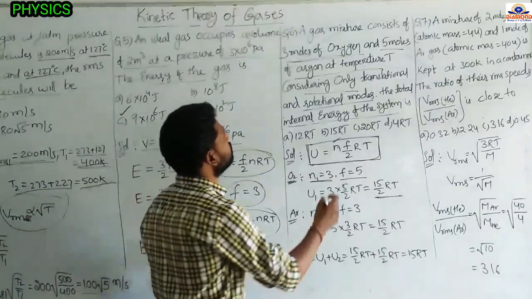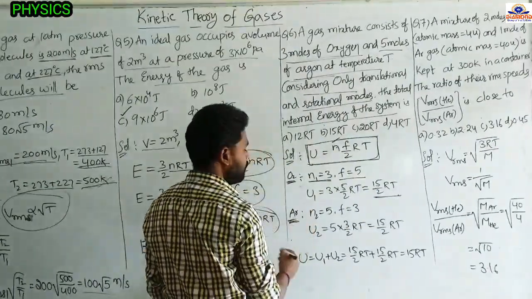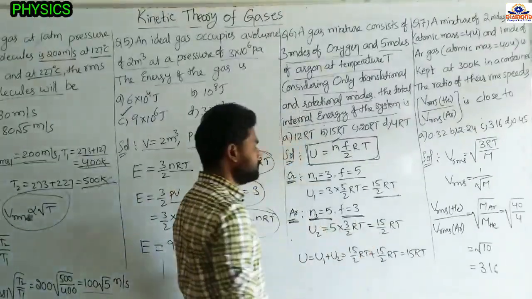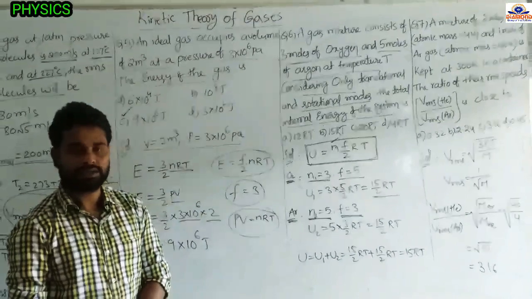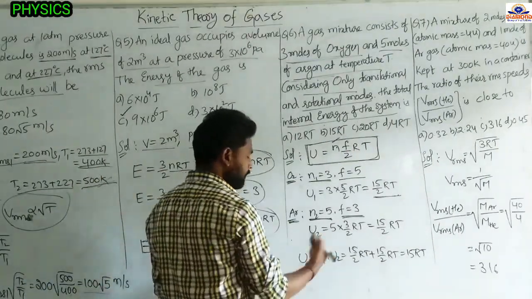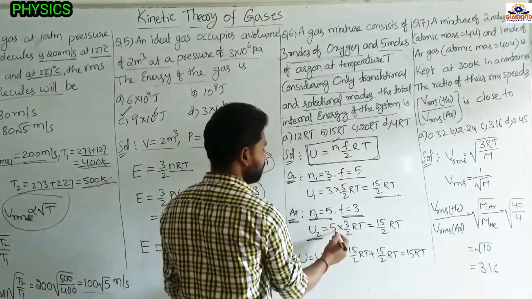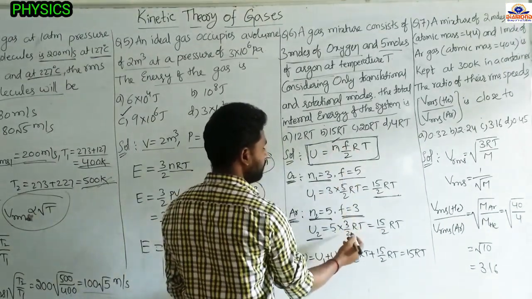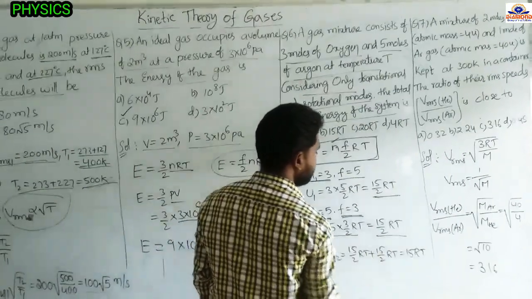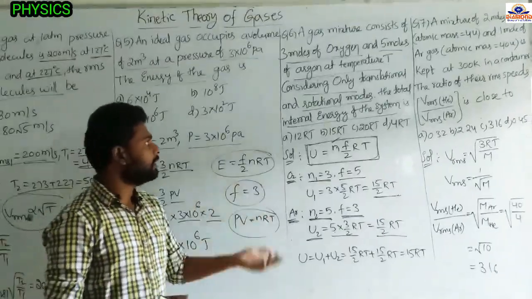And this one is mixed with the 5 moles of argon. So argon I am taking. Argon's number of moles equal to 5. And argon is a monoatomic gas, so degree of freedom equal to 3. So here 3 translational motion only. So now internal energy of this argon I am finding, U2 equal to N, that is 5, into F by 2, 3 by 2, into RT. So here also we will get 15 by 2 RT. So here this oxygen gas is mixed with the argon gas.